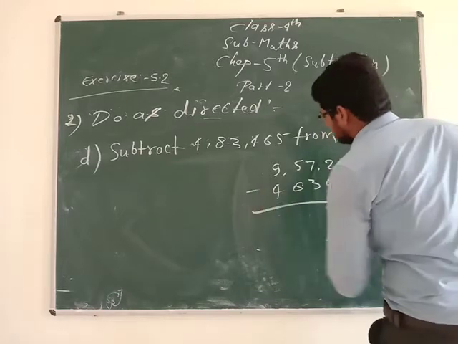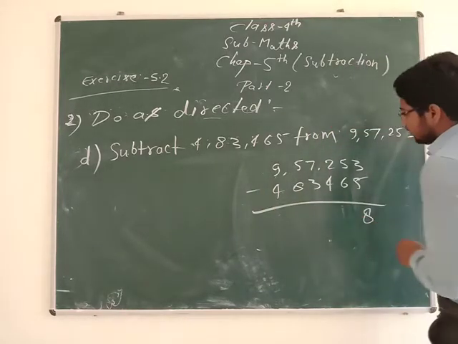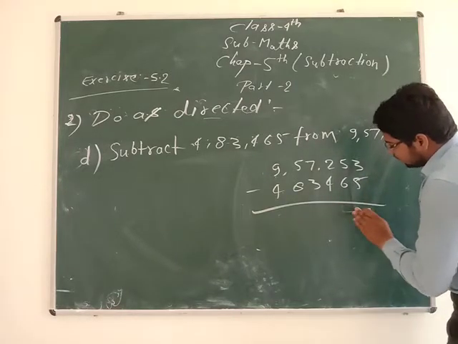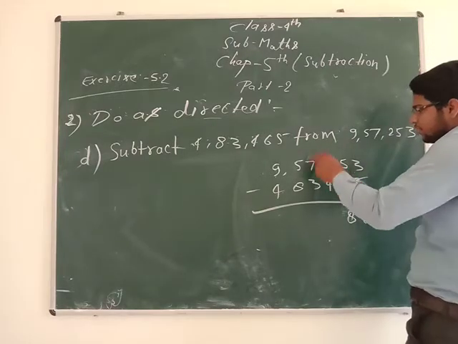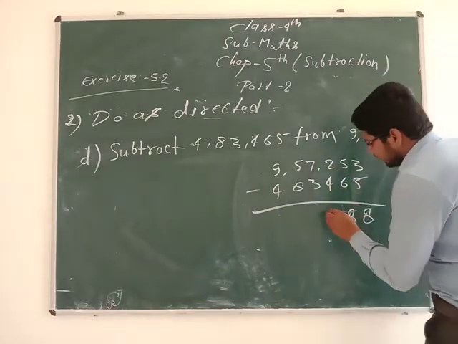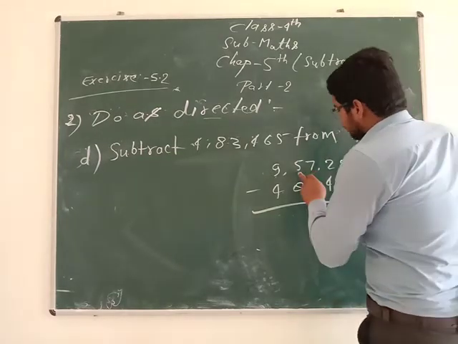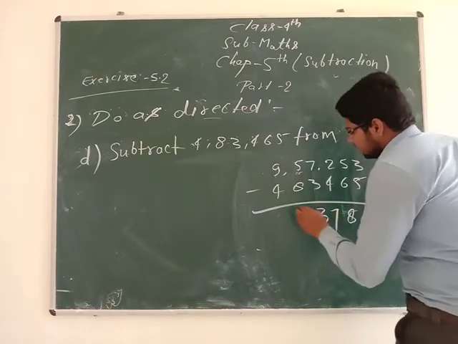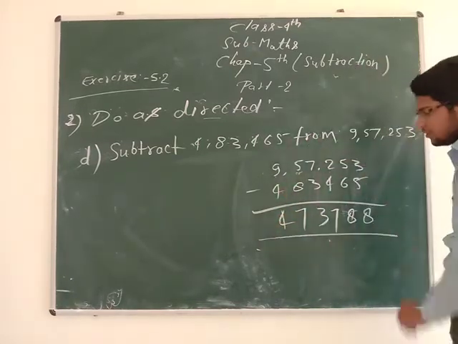Let's subtract. So 13 minus 5, 8. 14 minus 6, 8. And now it is 1. So let's take a borrow. 11 minus 4, 7. It is now 6. 6 minus 3, 3. 5. Let's take a borrow. 15. 15 minus 8, 7. 8 minus 4, which is now the right answer.